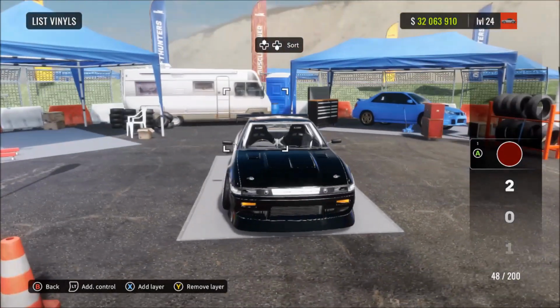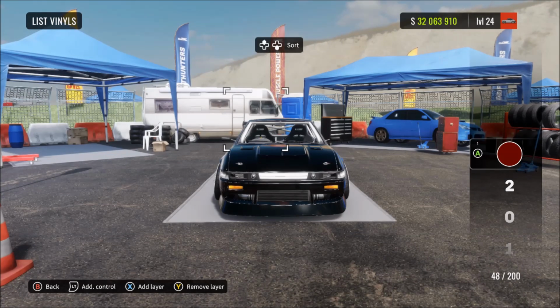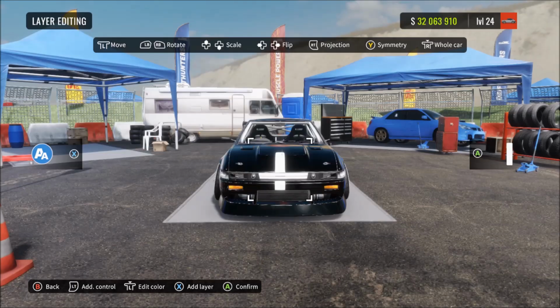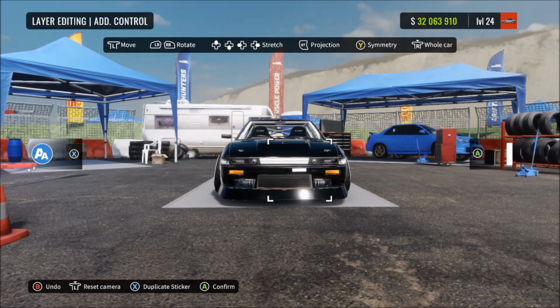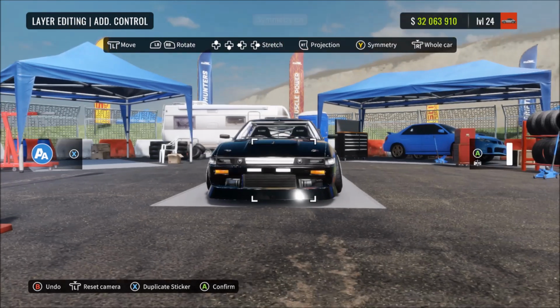And then the next thing we're going to do is add the custom police lights. So front and back we're going to have red and blue custom lights. Now to make these custom lights, we're going to grab the same vinyl that we've used a lot of times in this video, the letter I, and we're just going to use this as a light basically. So we're going to paint it red and blue, and put 2 on the front, 2 on the back. So make it to the size and shape and position where you want it. Doesn't have to be exactly where I've put it. Put it where you're happy with, and then add the symmetry, which will copy it onto the other side